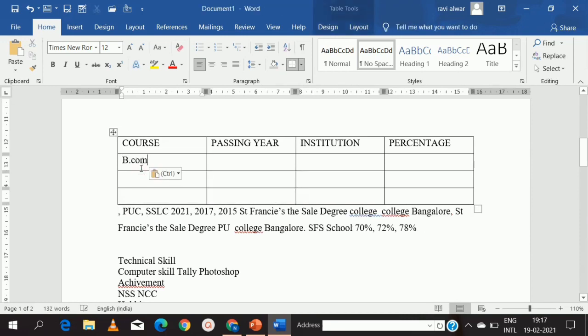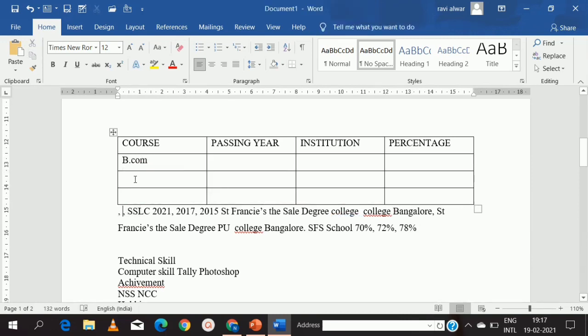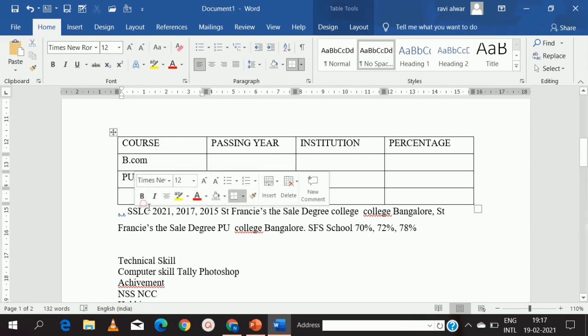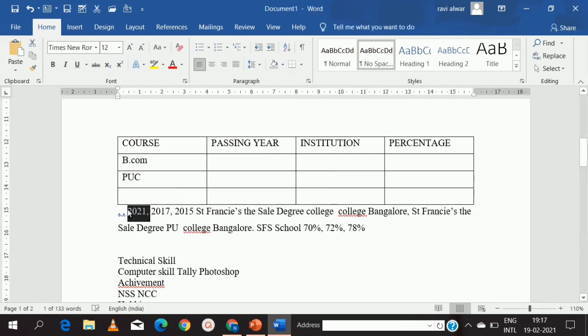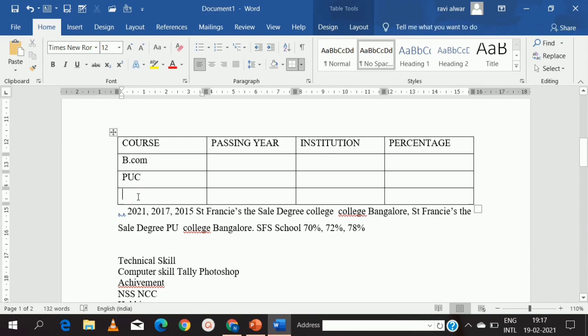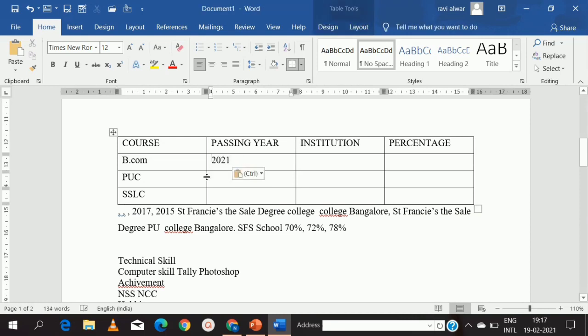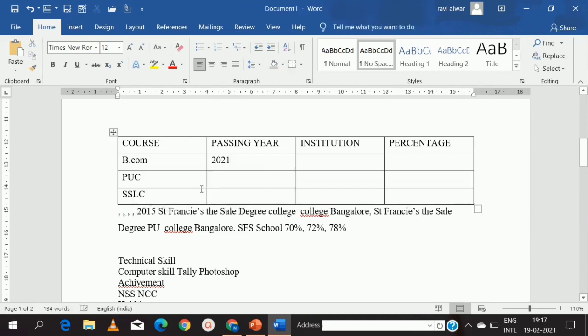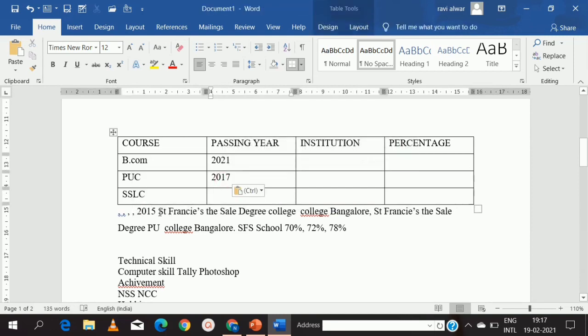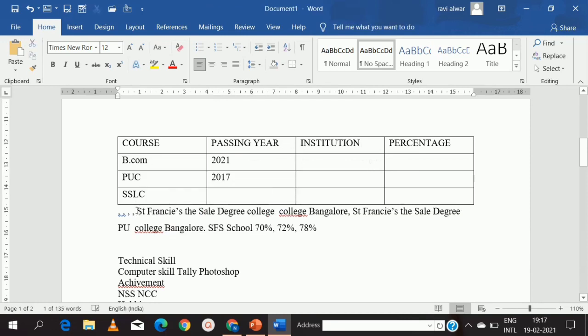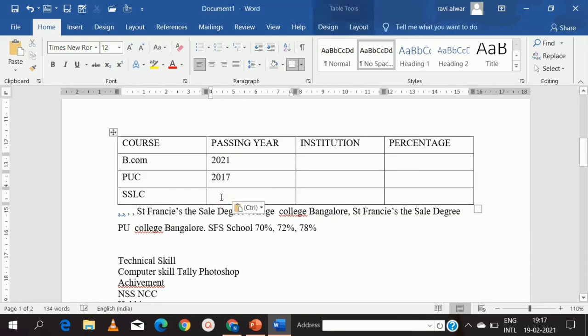So first I'm going to input BCom, then PUC, then SSLC. After this, I am going to paste the year of passing. I'm going to cut, paste, paste. Okay, this is done.